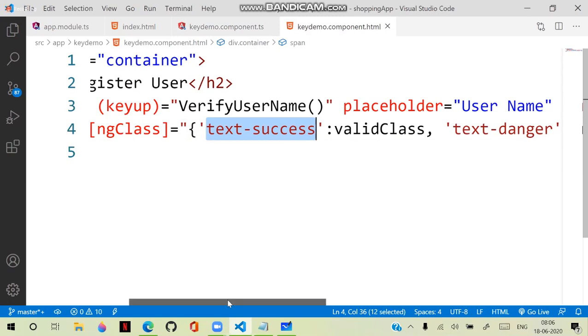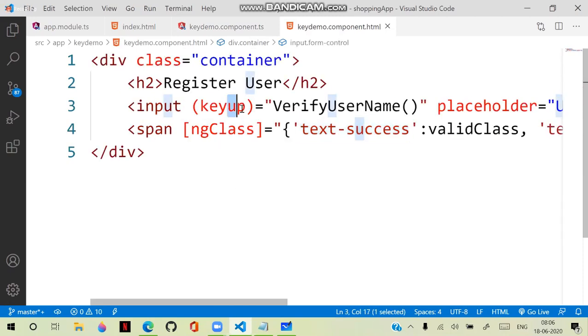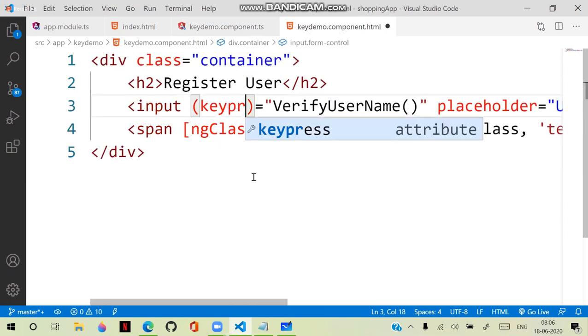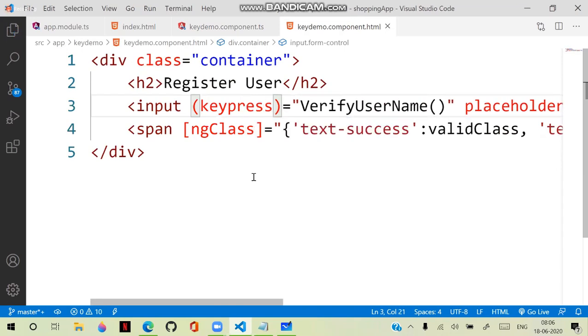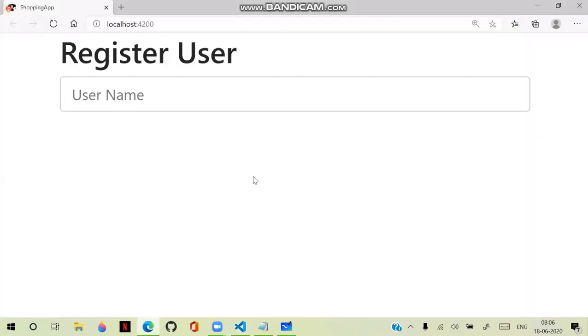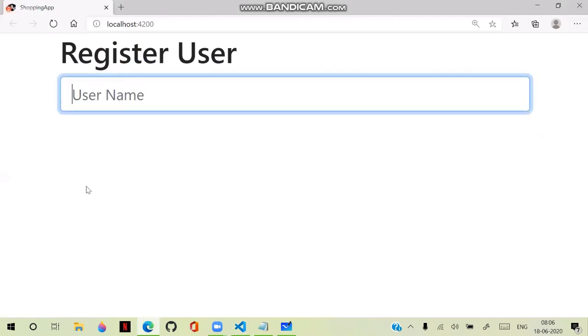But observe carefully here. Instead of keyup, I'm using keypress now. What I told you about keypress, let's observe that. When I'm using keypress, I'm typing here J, available, JOHN. It is still showing available, but John is not available. Why is it still showing available? Because in terms of this particular key event,